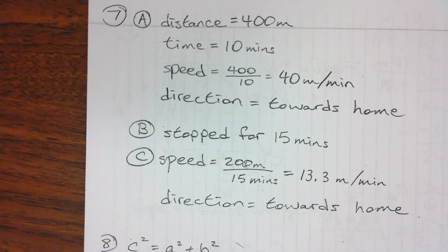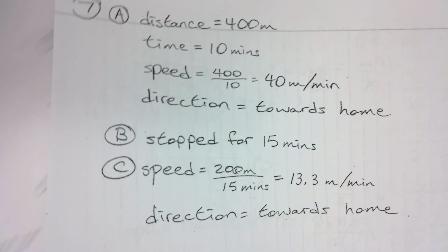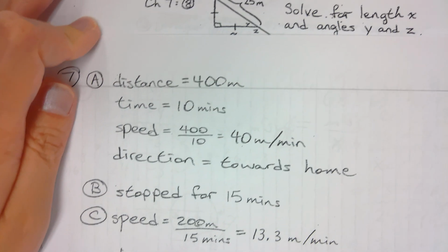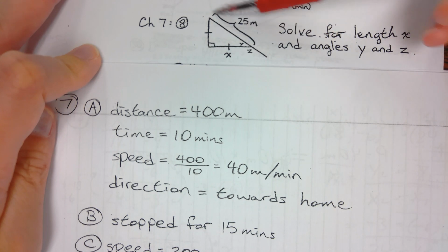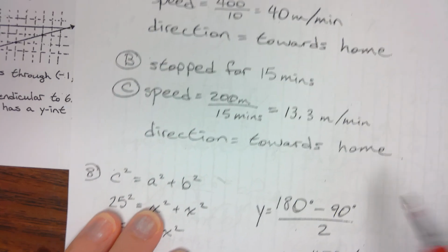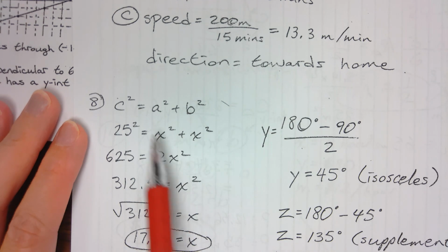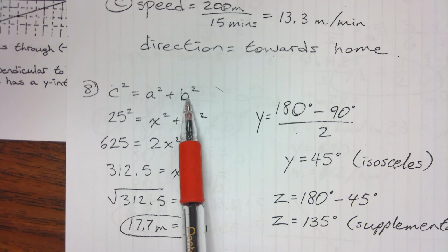Number 8. My morning class had trouble with number 8. Are we okay with number 7? Okay. So number 8 right here, they had some trouble with solving for x. So again, right angle triangle, and I'm looking for a length. I know I'm supposed to do Pythagorean theorem. My two legs are both x, so that means A is x, B is x, and